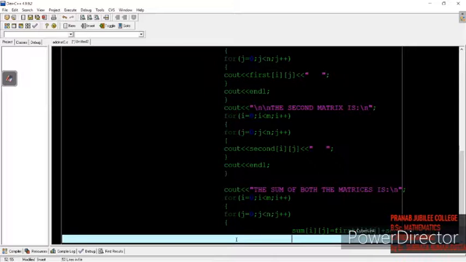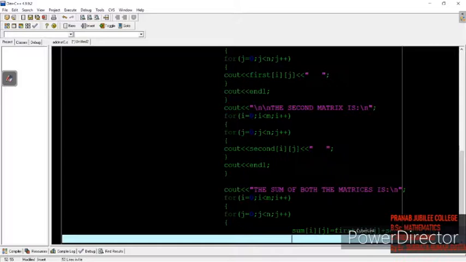So when the i and j values are 0 0, in the 0 0 index of sum, we store the value we get by adding the first matrix's 0 0 with the second matrix's 0 0. Similarly, when i is 0 and j is 1, the 0 1 position of the sum matrix will store the addition of the 0 1 position of the first matrix with the 0 1 position of the second matrix.